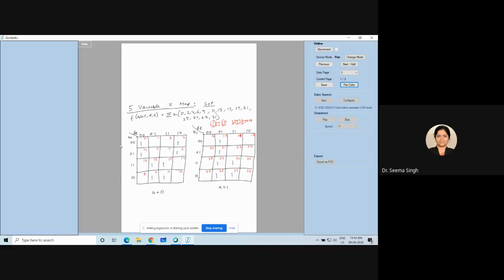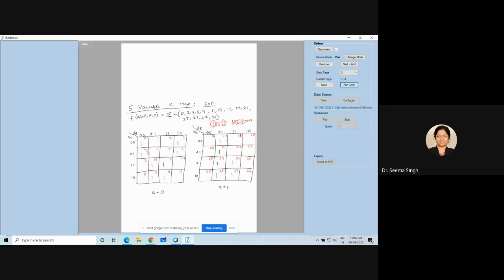So you can see the first cell of the first K map and the first cell of the second K map have only one variable uncommon. And what is that? Which variable is uncommon? A, correct. You can see B, C, D, E is 0, 0, 0, 0 for 0 also, and B, C, D, E is 0, 0, 0, 0 for 16 also. So the first cell of both the K maps can be grouped. Why? Because only one thing is uncommon, that is A. A is 0 for this one, A is 1 for this one.